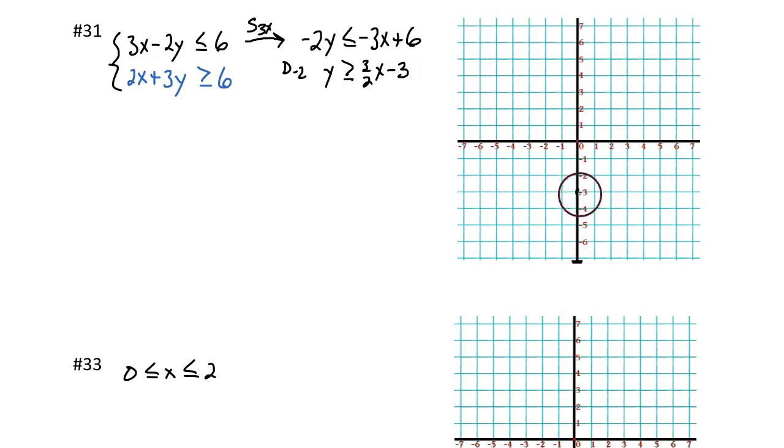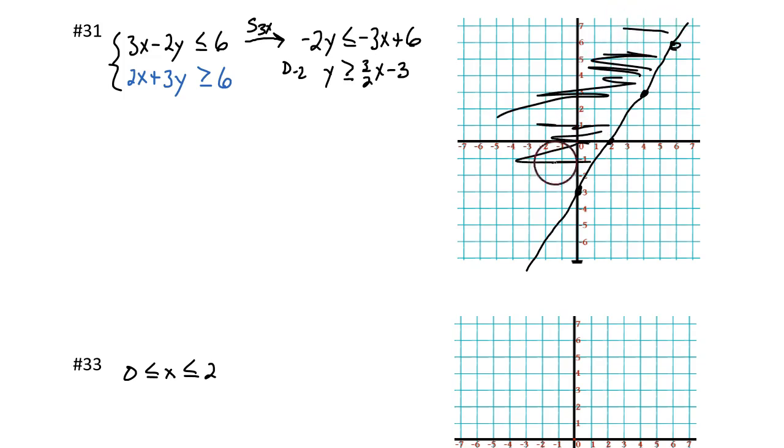The y-intercept is -3, and the slope is up 3 over 2. This is a solid line. It's now a greater than symbol, so we shade above. Let's transform the other one